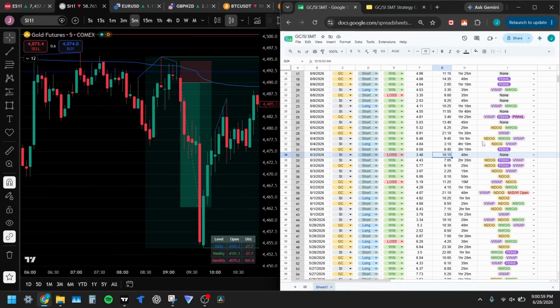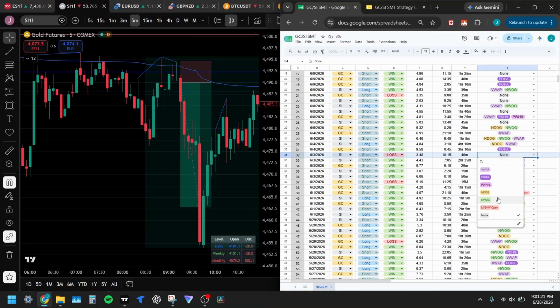I got a little Google Sheets here. The main location is going to be VWAP. You see VWAP all the time. New day and new week opening gap are going to happen literally all the time. Monthly, daily, and weekly open do not happen that often, but when they do happen, it's usually pretty good. Previous weekly high and low, previous daily high and low happen all the time as well, but the most